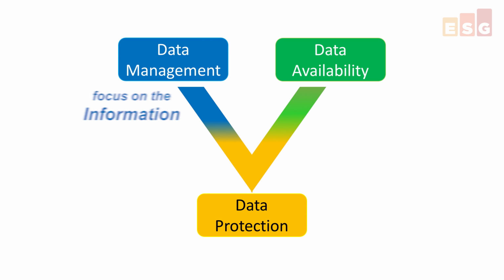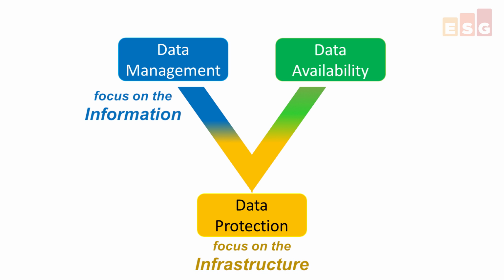Data management focuses on the information contained. Data protection focuses on the infrastructure and its recoverability. Data availability focuses on assuring the productivity of the users and the business units. There isn't a wrong versus right answer here, but maybe all of this helps you think about how your vendors and providers are evolving and where that's going to take you and our industry moving forward.